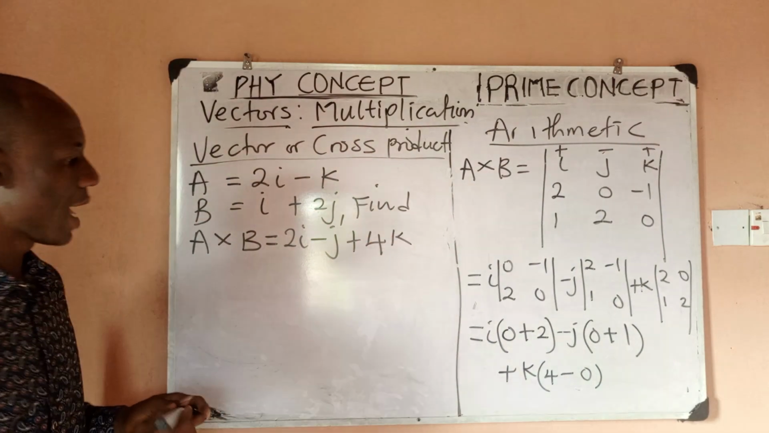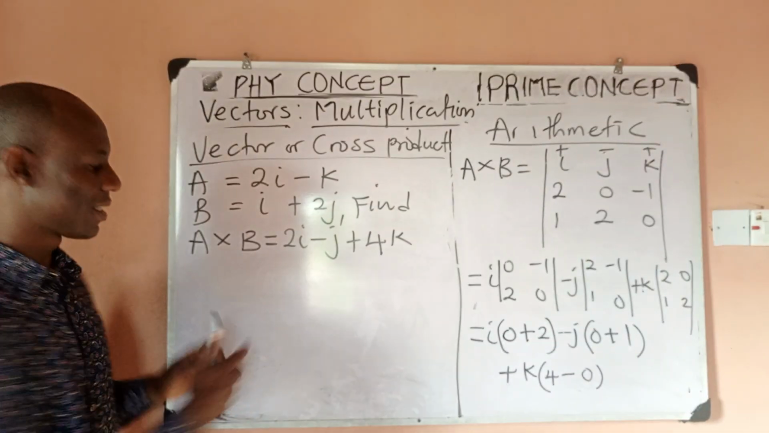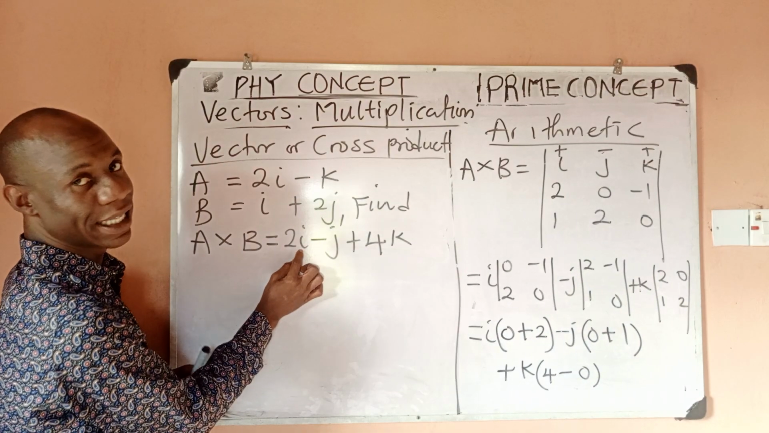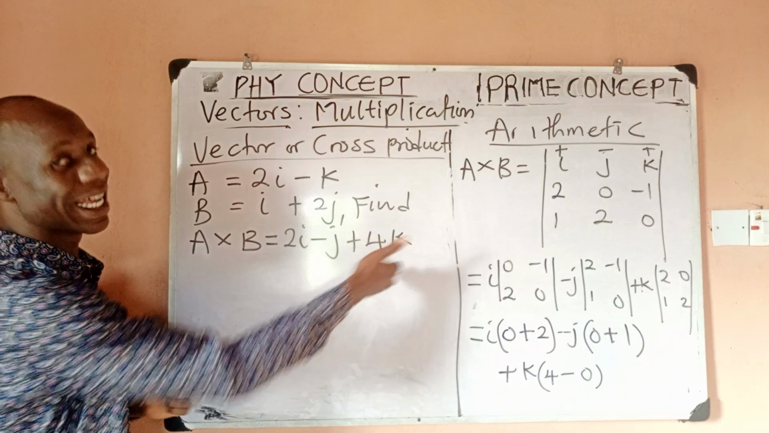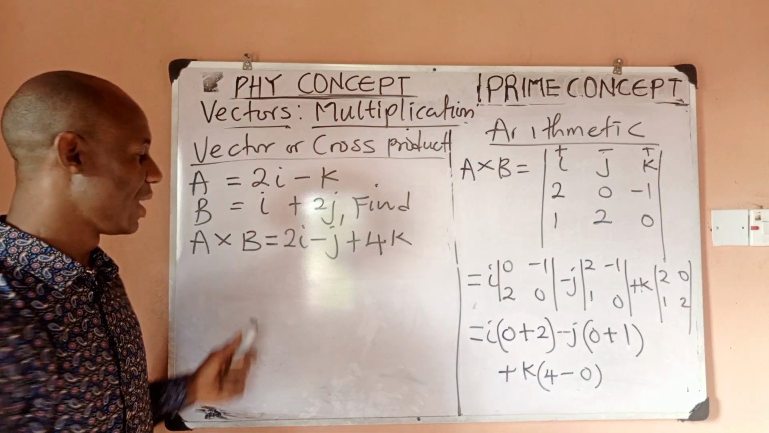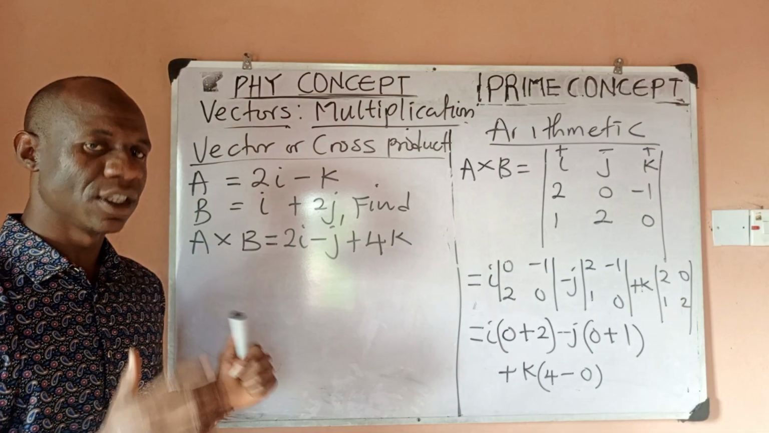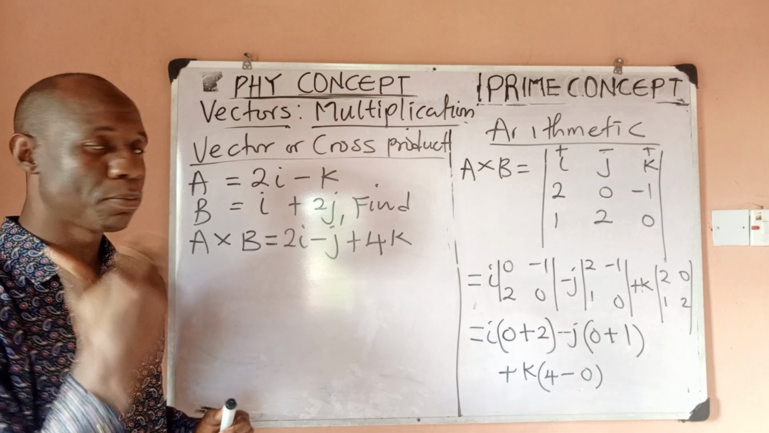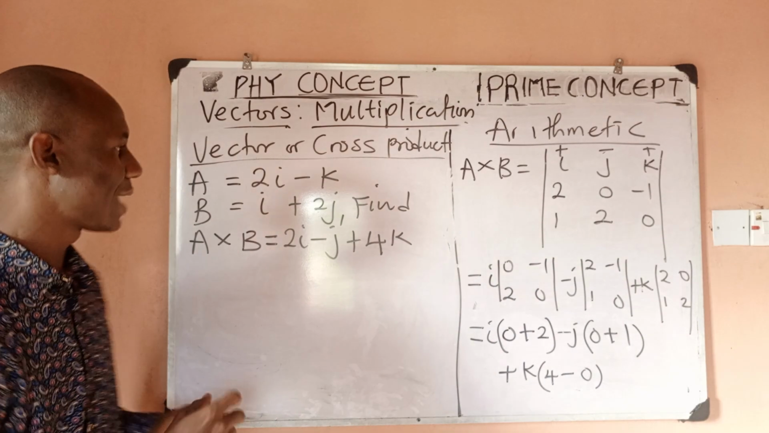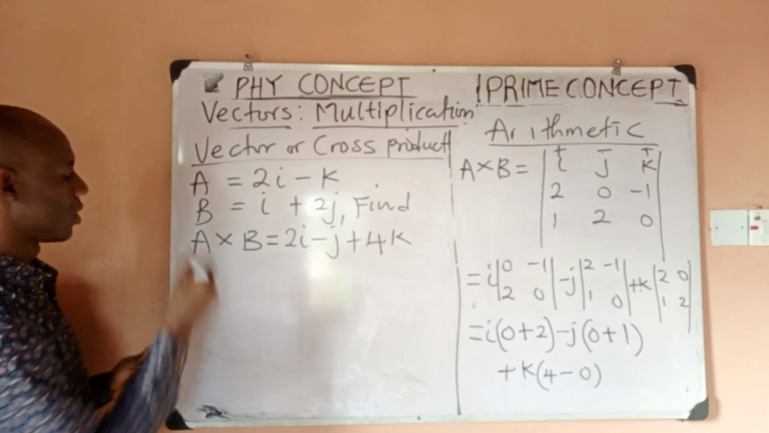And this is what I have as A cross B. You can see that my answer carries i, it carries j, it carries k, which is another vector. So it means that A cross B would give rise to a vector. Now this would bring me to deduct some points I want you to note, and then that is the end of this video. So points